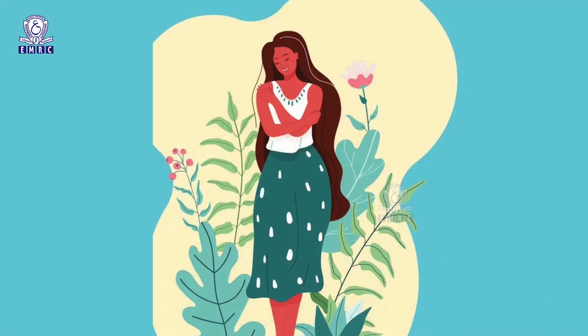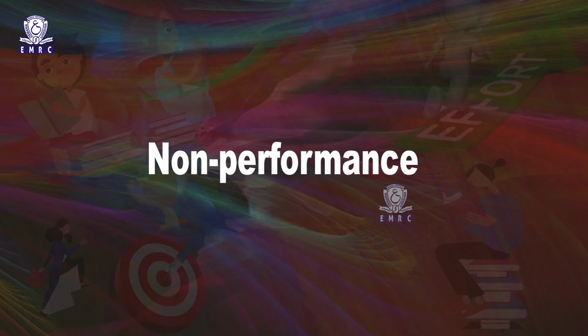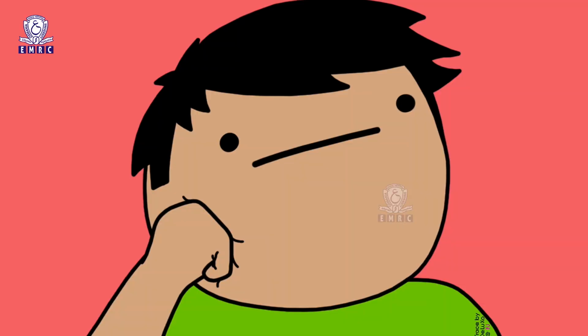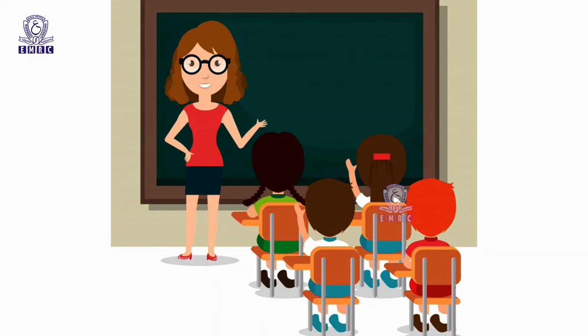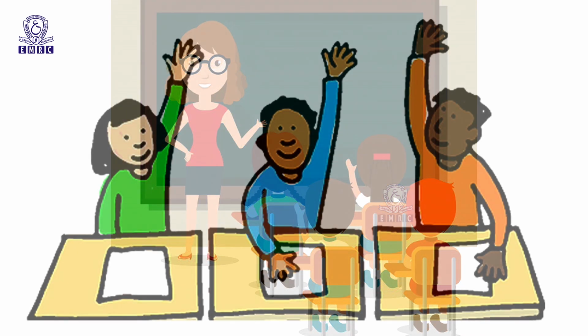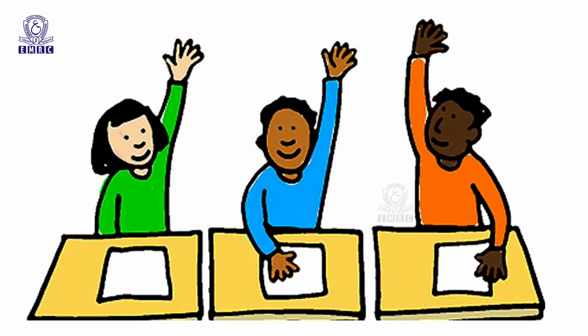Some individuals are so interested in protecting their self-worth that they avoid failure by becoming distracted from pursuing goals and engaging in ineffective strategies. These strategies include non-performance. For avoiding failure, they do not try at all. In the classroom, non-performance tactics include appearing eager to answer a teacher's question but hoping the teacher will call on another student, sliding down in the seat to avoid being seen by the teacher, and avoiding eye contact. Probably some of you might have done this as kids in the class.